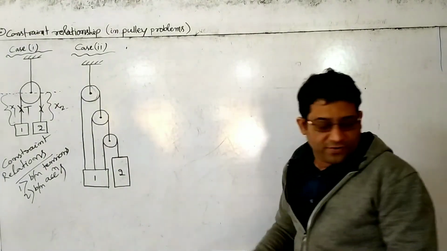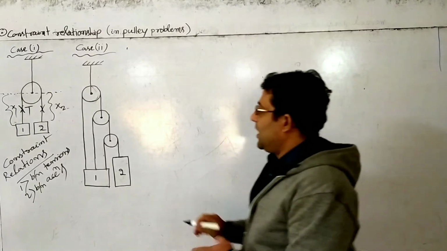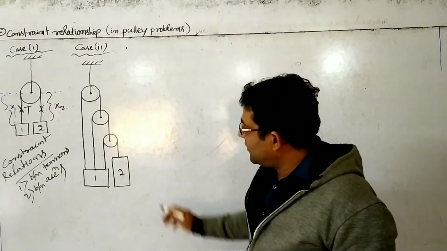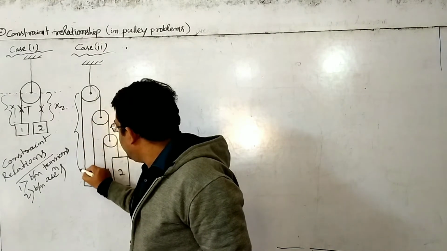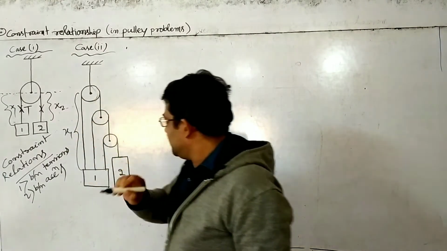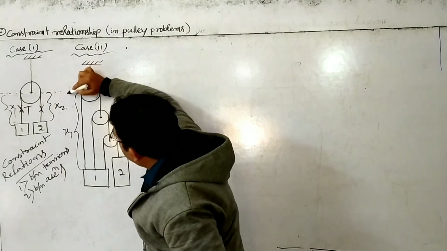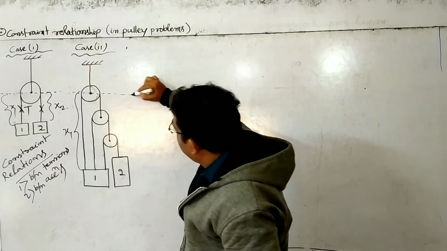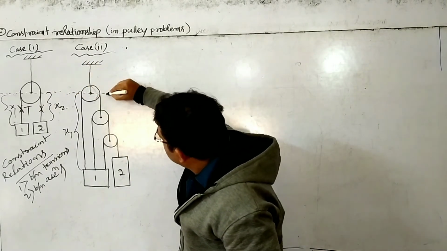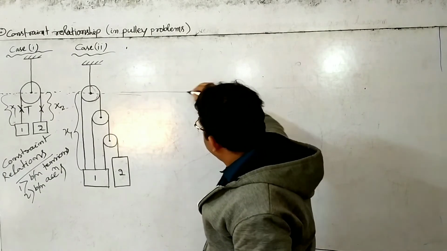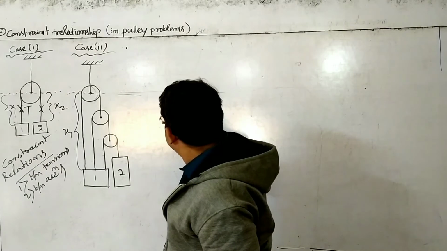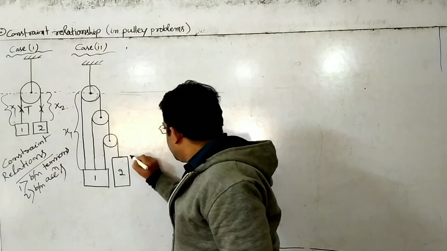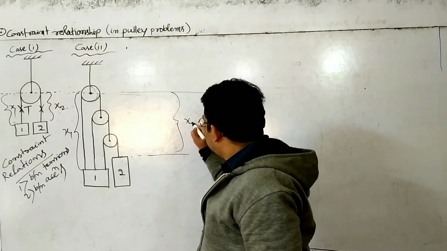If not, rewind the video and take in place. Now in this, let us say from here to here we will take x1. This much length is x now. Again, we will take this to be our reference line. From here to here, x1. From here to here, let me call it x2.